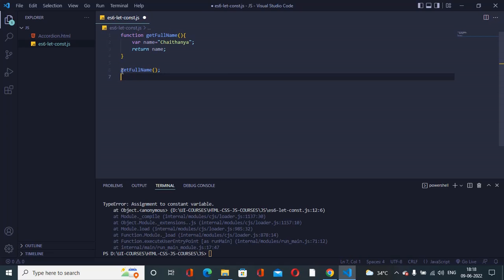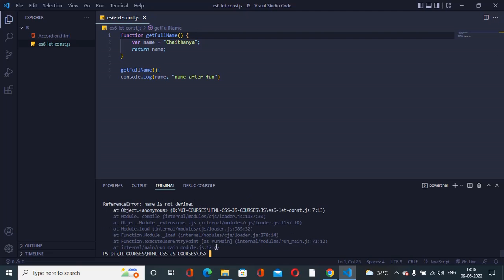And I'm going to log the value, like name. See what is the output of the function, right? Here we are trying to log the value after the function, so we'll see what the output is. See, we are getting a name is not defined error. Why? Because